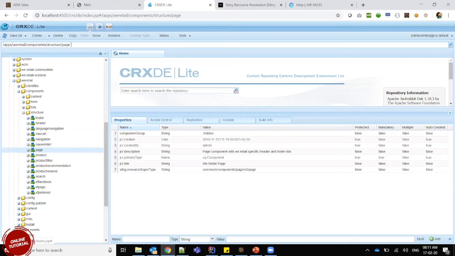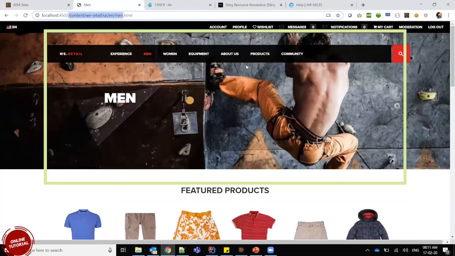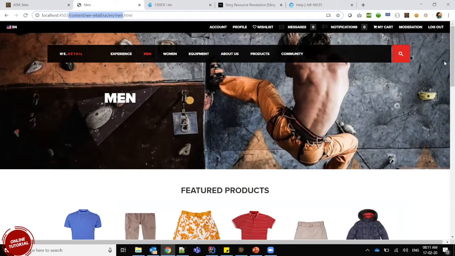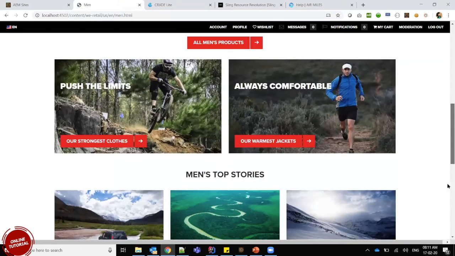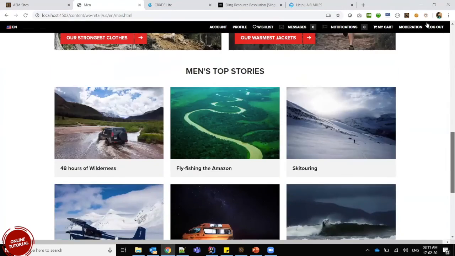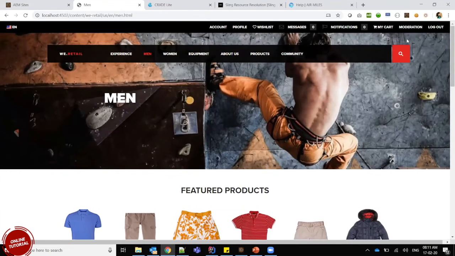So under apps, I found this path. Again, under this path, this is the page component which is coming in. This is the page component which by default renders the structure of the page for me. It is not the content, whatever is there here. It's not this hero banner and these products which you're seeing, right? All that is going under components, but the structure, the header, the footer,